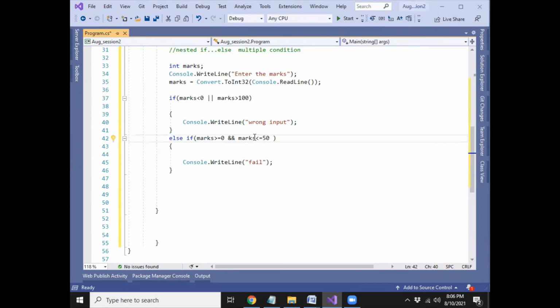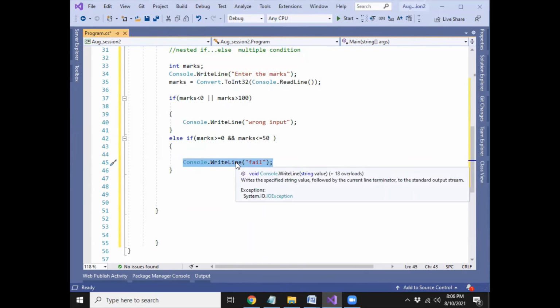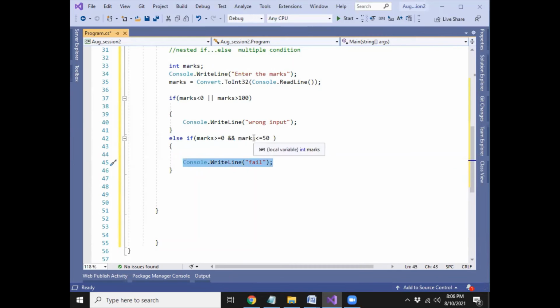So if both conditions are true, then it will execute this particular statement, otherwise not. Getting it? Both conditions should be true, then only it will execute this.